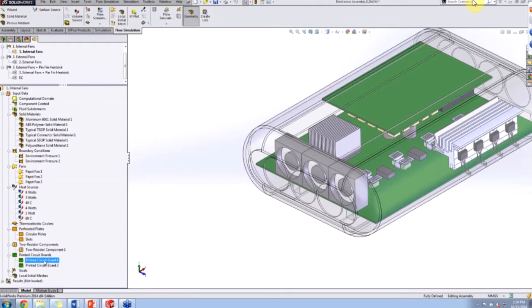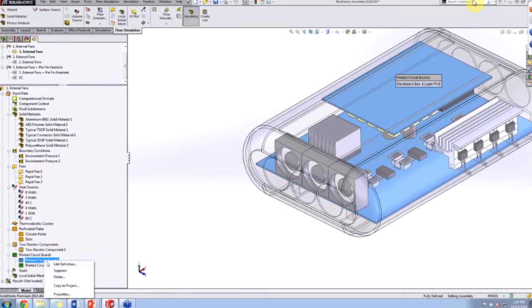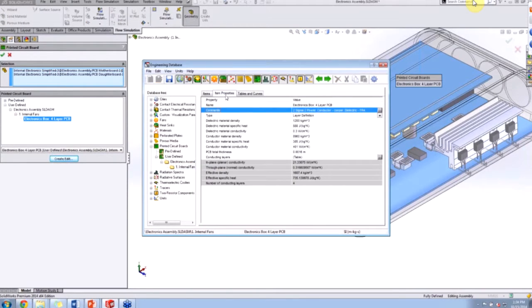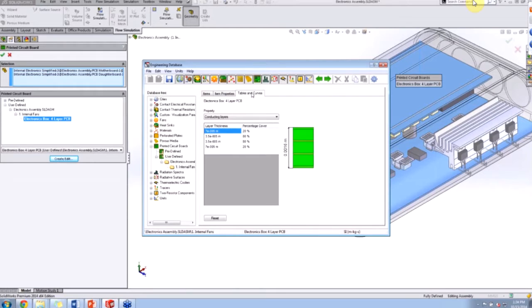But what we can do, again, with the printed circuit board is a function. This is now, again, within our electronic cooling. The problem with that is, when we specify the circuit board, we can give it a conduction value that's in plane or through the thickness, right? And that's what we specified here. When you do it just within Flow Simulation, you'll just have a solid body where you specify that value. But with this electronic cooling aspect here, we can specify the direction in which conduction is happening,